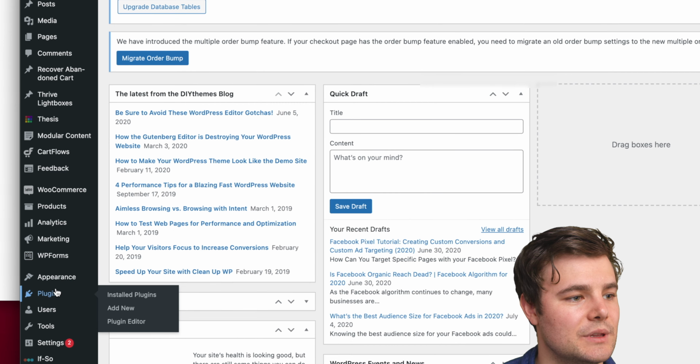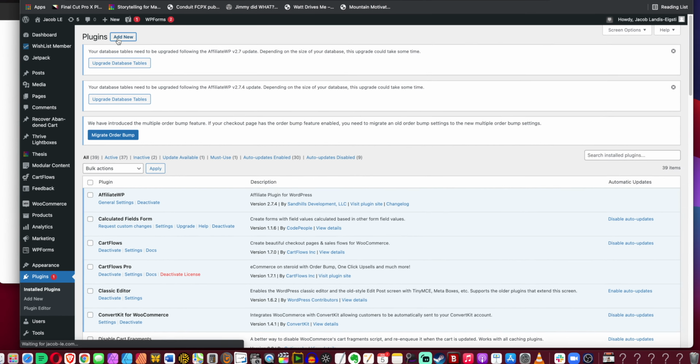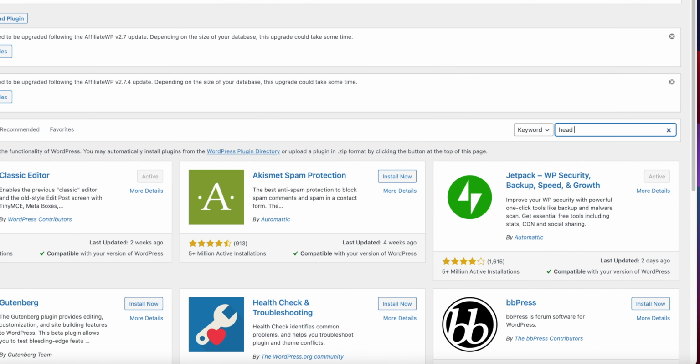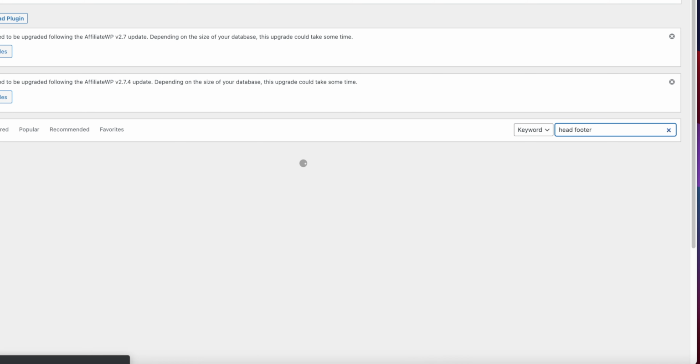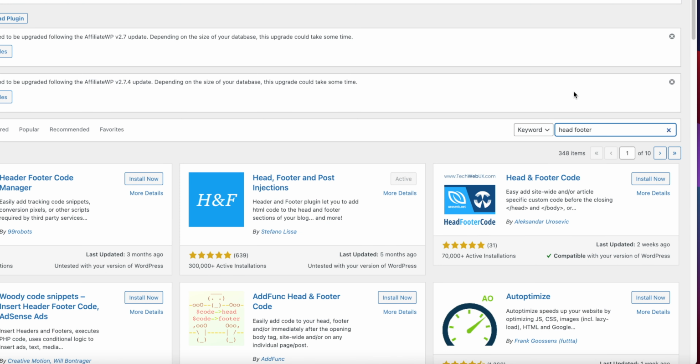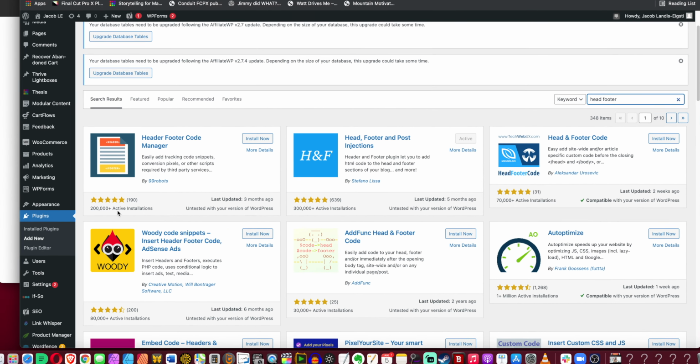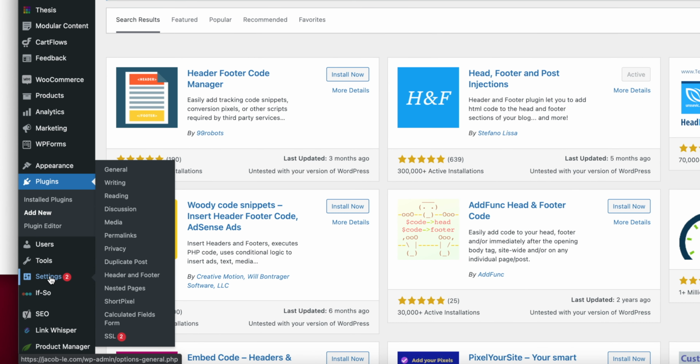and go to Plugins, go to Add New, and the one I like is called Head, Footer, and Post Injections. If you just do head footer, it should come up. Head, Footer, and Post Injections. You can do install now and then activate. I already have it on mine. And once it's installed, if you go to settings and then header and footer,